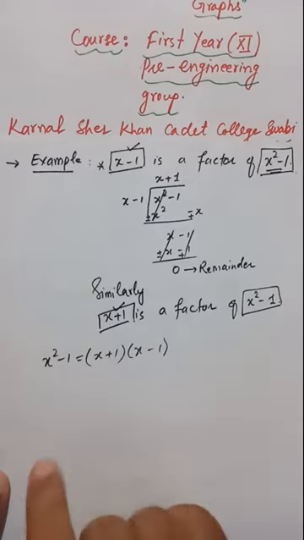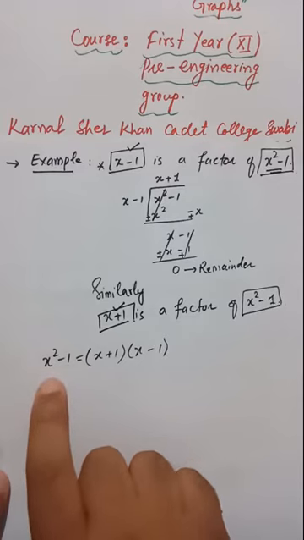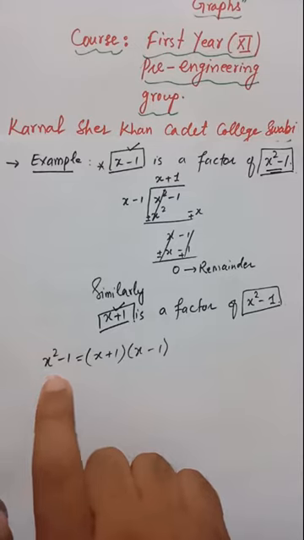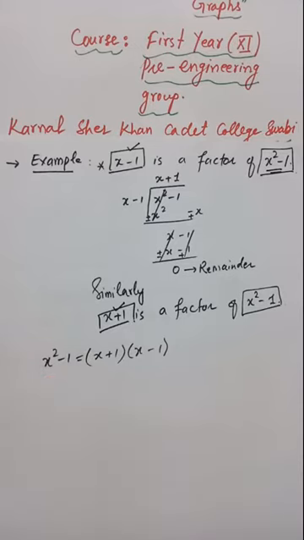So whenever someone asks you to factorize the given quadratic expression, you need to check that in some cases algebraic expressions will be factorized by using some formula. In this case, you see that I use the formula a square minus b square. In some cases you will use the extreme means method. In some cases you will use the completing square method.